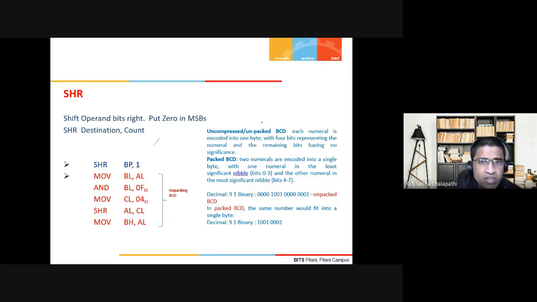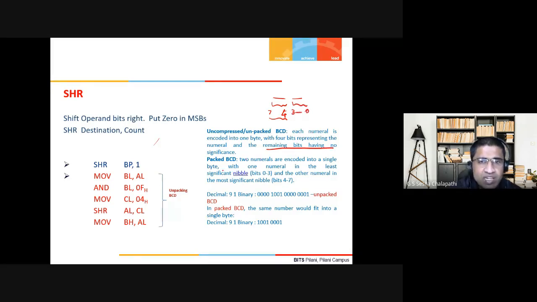For uncompressed or unpacked BCD, the most significant nibble, bit 7 to bit 4, does not have any significance, and only the last 4 bits, 3 to 0, have significance.